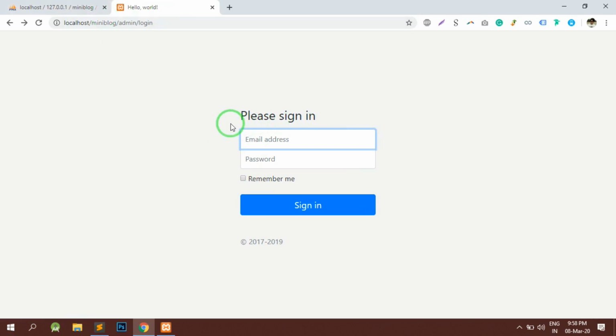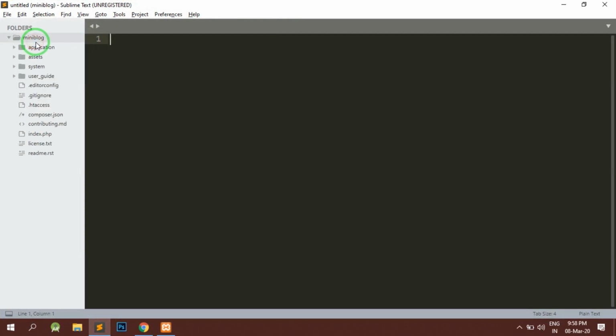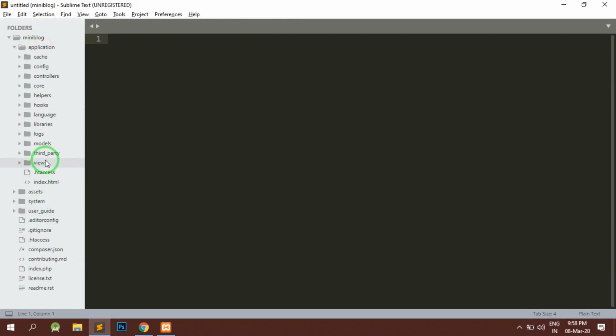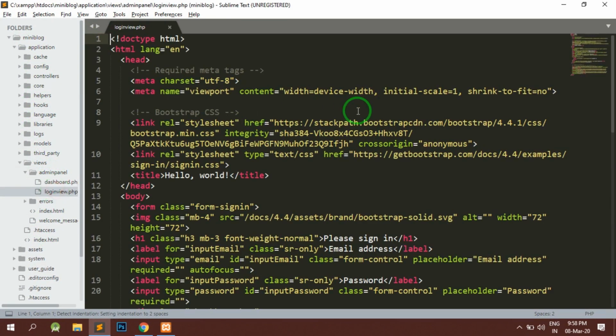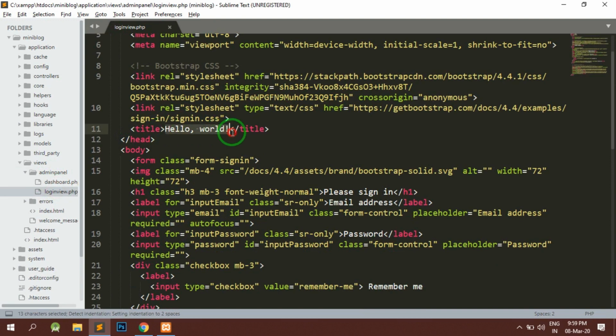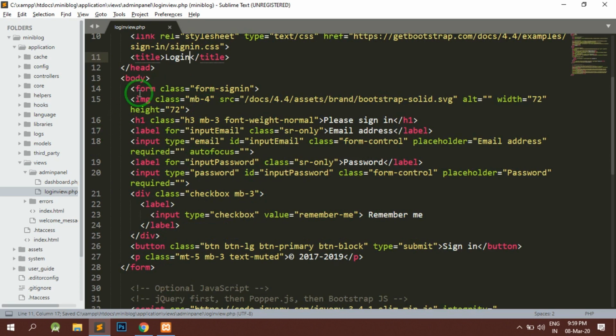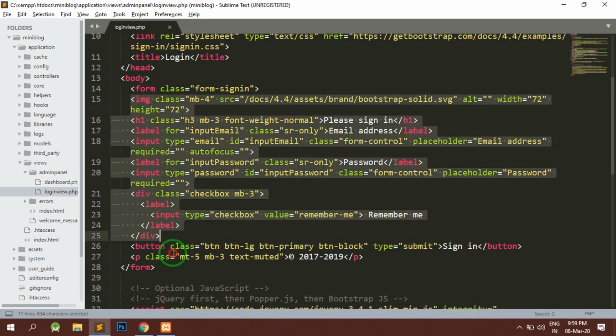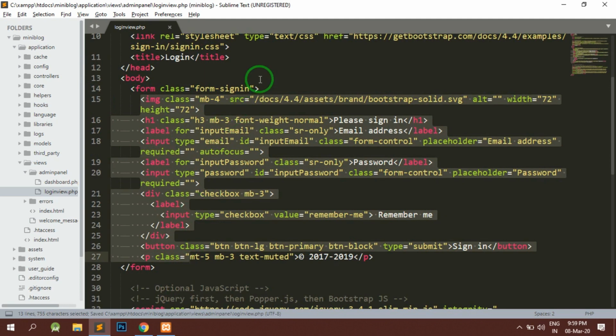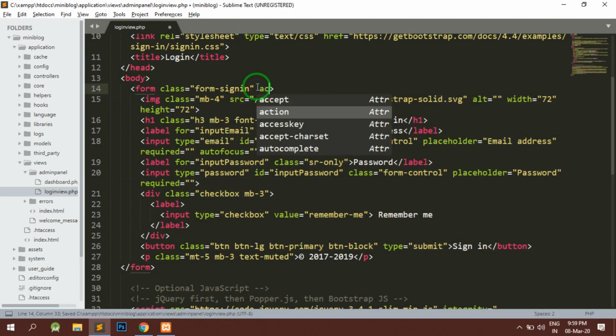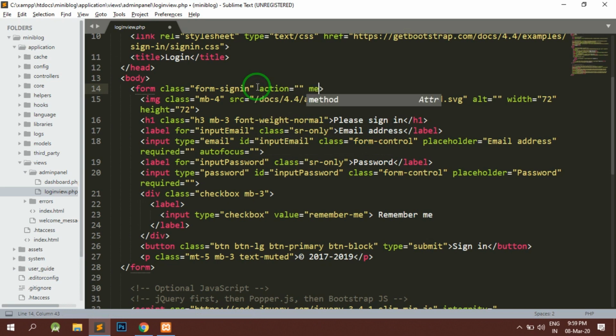First of all, this is the login screen. Let me open the code of the login screen. It is inside the views, admin panel and login view. Okay, I'll just change the title to login. Now here we have the form. In this form we will set the action, and the method is going to be the post method, and for the action